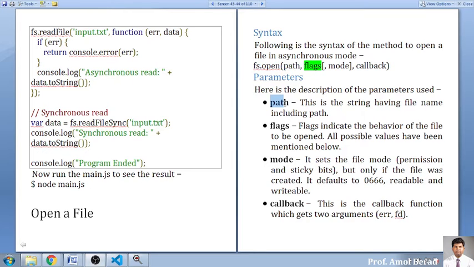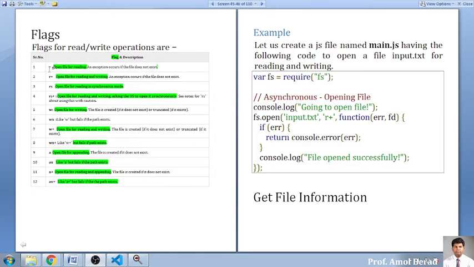Whenever we are opening a file, we need to open it with the right flag only. Whatever flags there are, we already discussed in the previous session, that is r, r+, rs, all of which we have seen. Then we went through examples where we displayed the contents asynchronously. This is nothing but an asynchronous way of opening a file. We also went into detail on file information, how we can retrieve the file information using the stat function and the stats object. We have seen examples of how we can retrieve the information of your file.